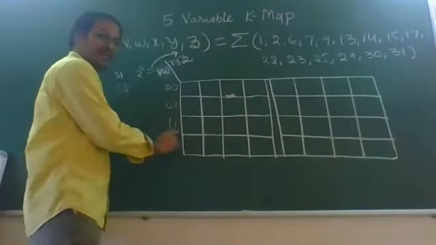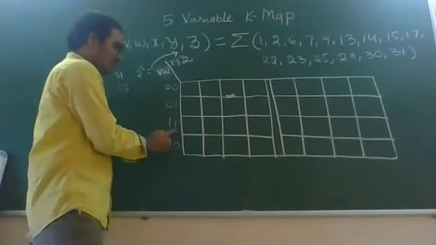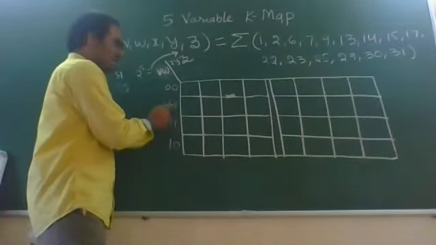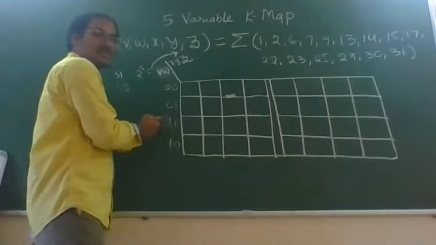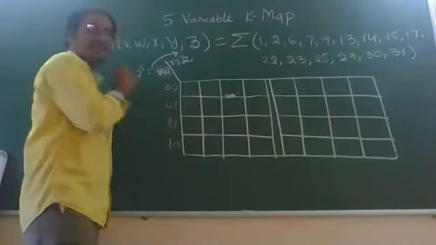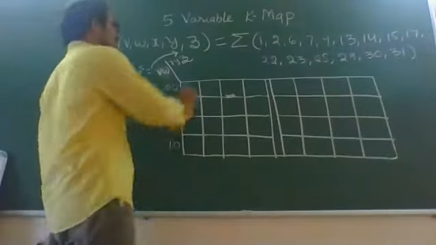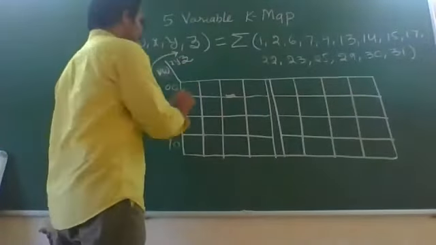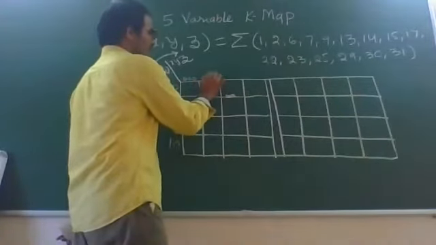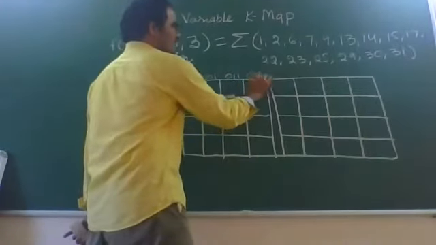Why have we taken 1 1 here? Because 0 1 should be adjacent to 1 1, and 1 1 should be adjacent to 1 0. If you write 1 0 here instead, 0 1 is not adjacent to 1 0. So to have the logically adjacent cells also physically adjacent, we have taken 0 1 and 1 1 together. Next, x, y, z can vary as 0 0 0, 0 0 1, 0 1 1 and 0 1 0.